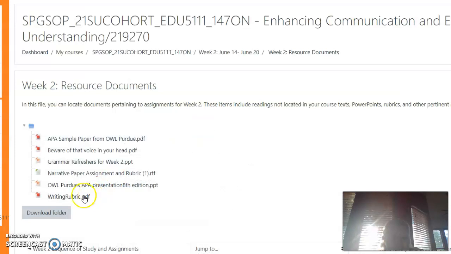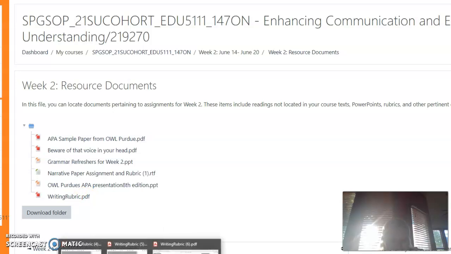And then I do want to point this writing rubric out because we'll be using this throughout the course. So I have that pulled up.